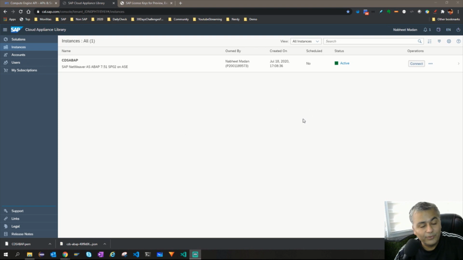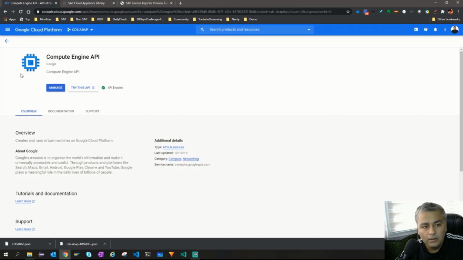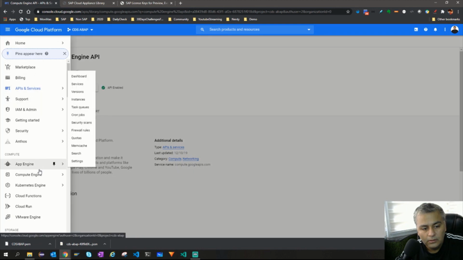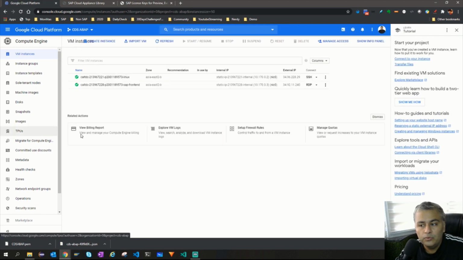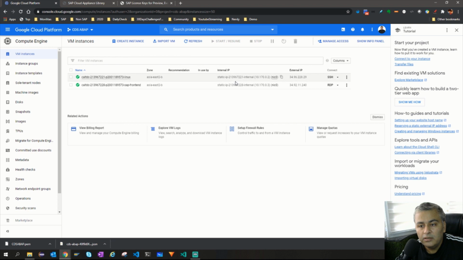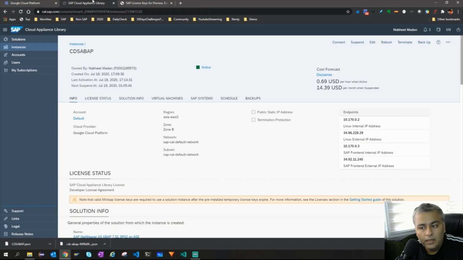So after finally 30 minutes, you see its status as active, right? So finally we have our system which is now deployed on Google Cloud, and it is running SAP. If you go to VM instances, you will see there are two which are running, right? One is for server, another is for front end. The first thing, once you log in, you click on this and go inside. You need to mark it as a public static IP address. How? You say edit, and then you click and save, right?